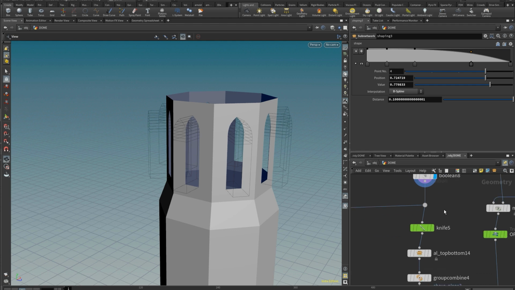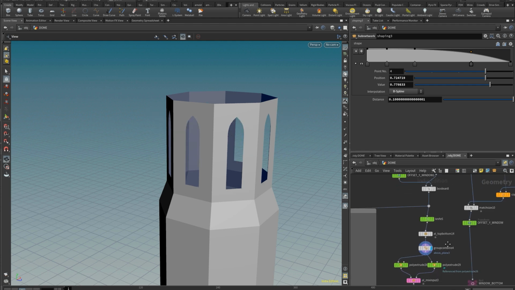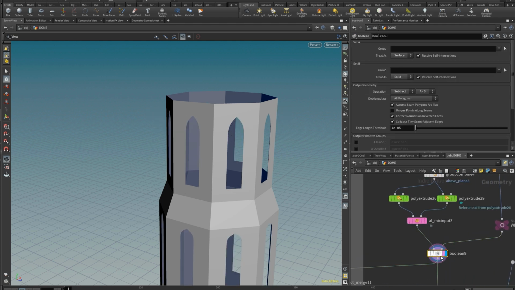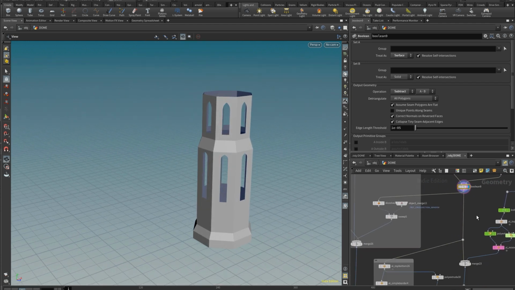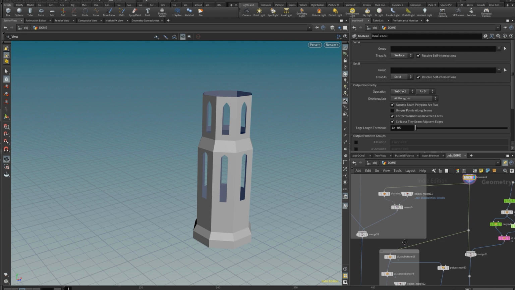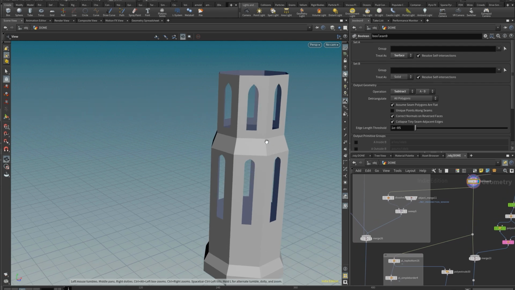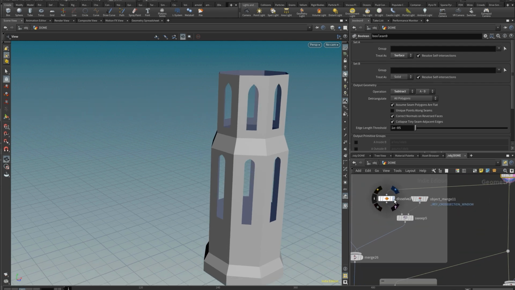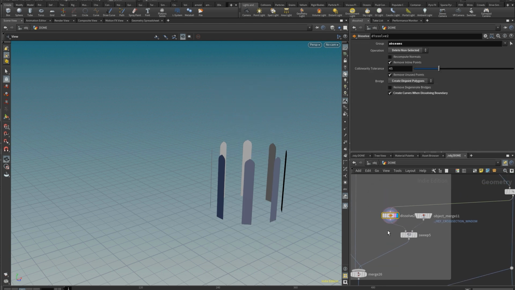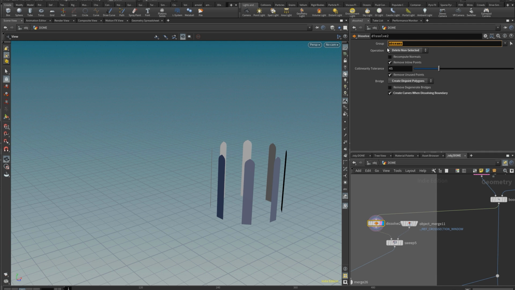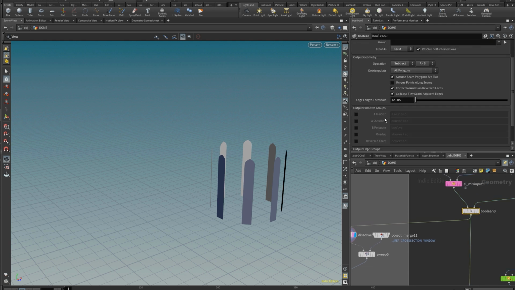Moving on, I'm doing some more slicing and adding more windows in here. That's a pretty good base, but how do you get that more detailed now? So the trick here is to extract the edges of the window. And you can use dissolve as a way to blast edges, because the blast node doesn't blast edges.